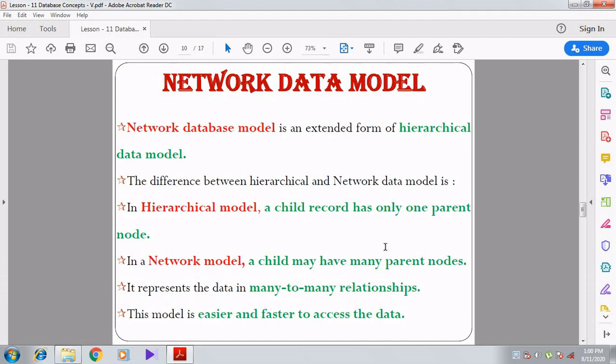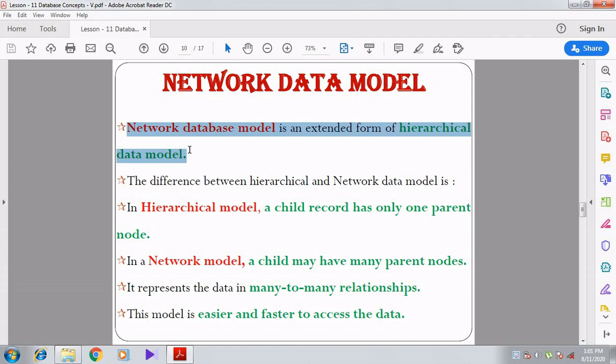Right, let us take the third model, the network data model. What is meant by the network data model? The network database model comes from the hierarchical data model. It is extended from the hierarchical data model. There is some difference between them.